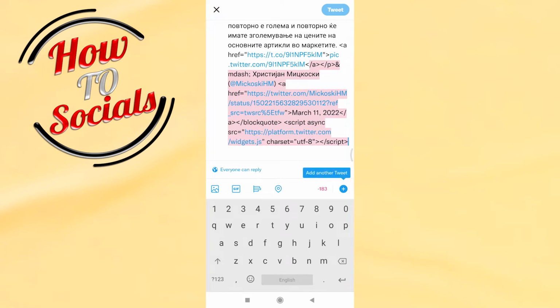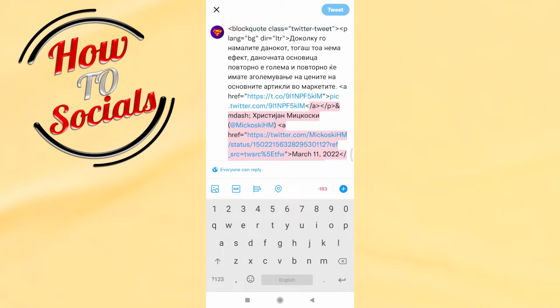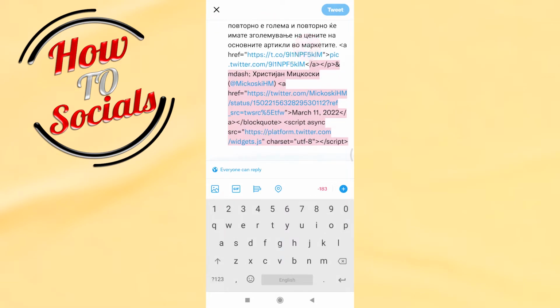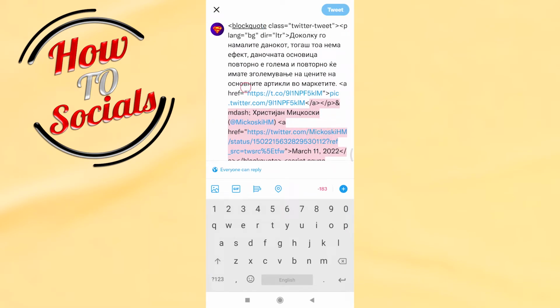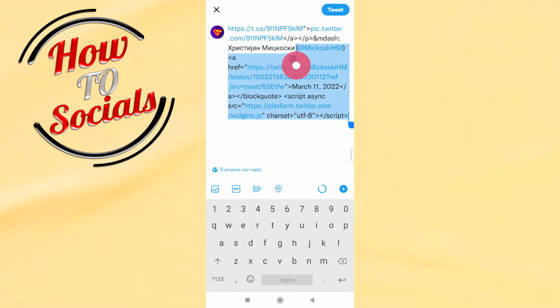Now as you can see, there is a big text, but you should go and select just the main one. Now what you need to do is to go on this side and basically you can delete all of this. Go right to this,